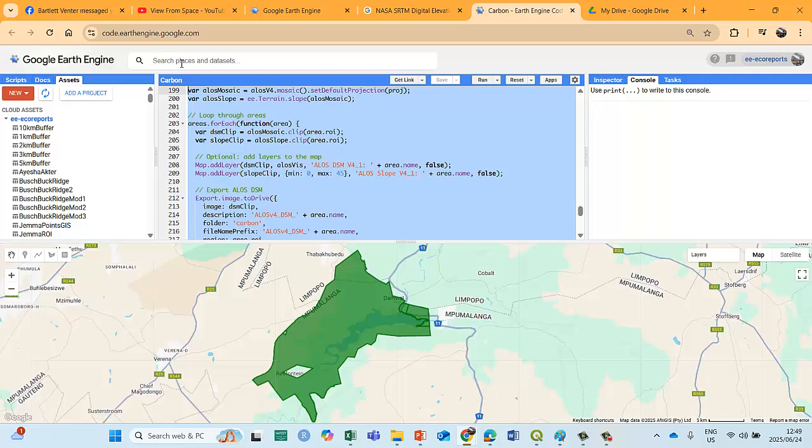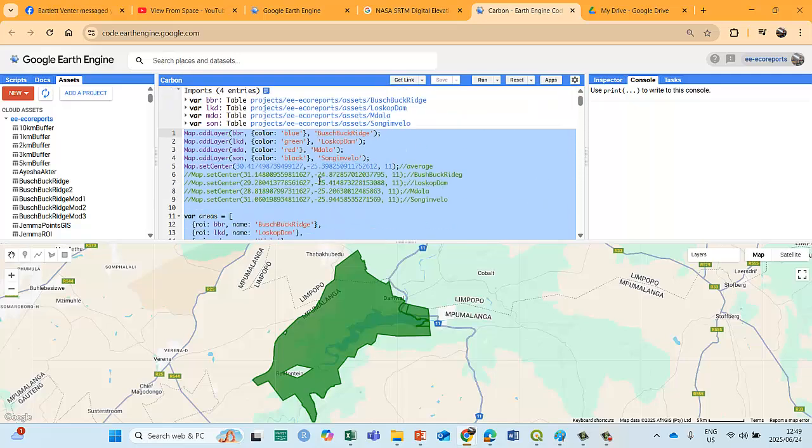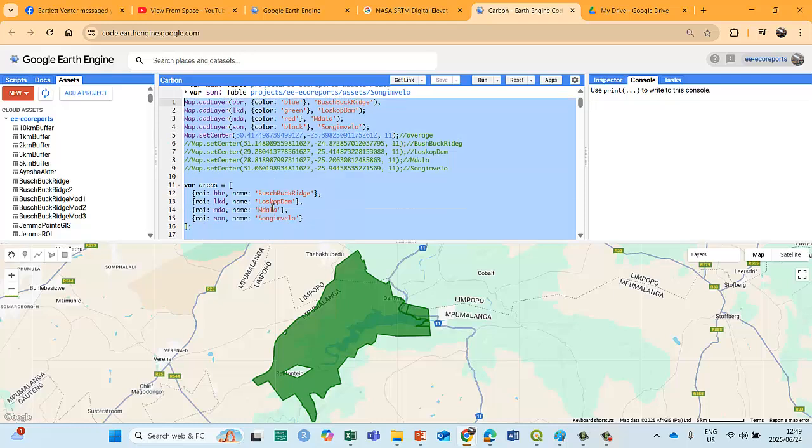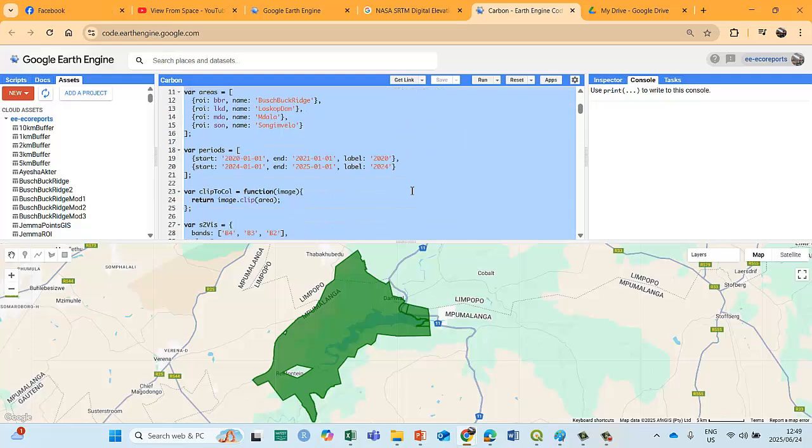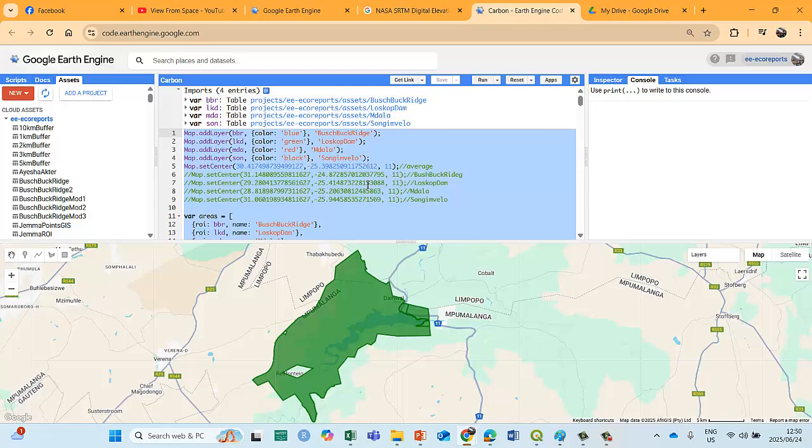The aim of this script, as I said, is to visualize all 4 reserves, then to generate two median daytime images, and then to generate various topography images of our 4 reserves, export them, import them into QGIS and visualize. So this is what this script is all about.